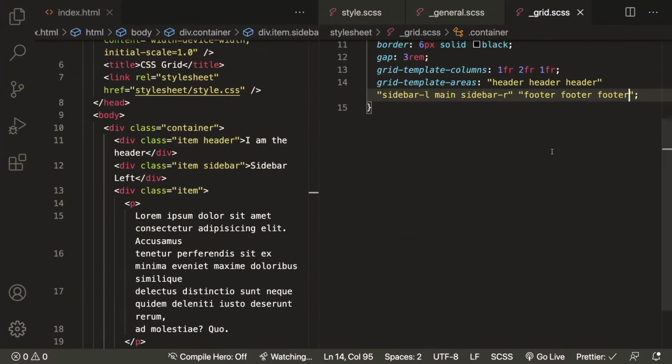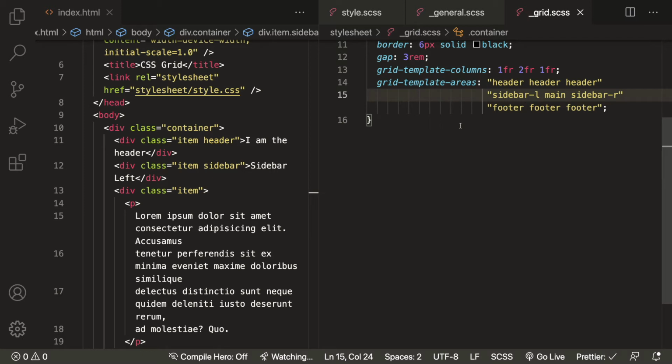Alright, so we have created our areas. Actually, this is how we define the area name inside grid template areas. To be convenient, one thing we can do, let's break this out. Enter, let's align this thing. In a single line also you can define the area name. For your convenience, you can wrap into the next line also for different area names. As here we have defined all the area names, now let's assign these area names to our items.